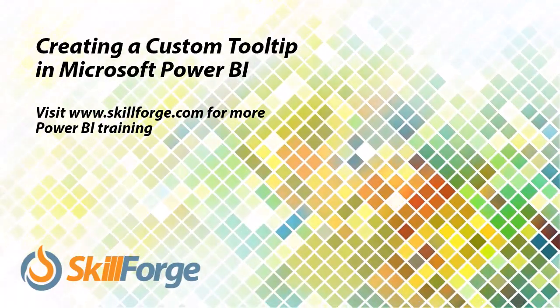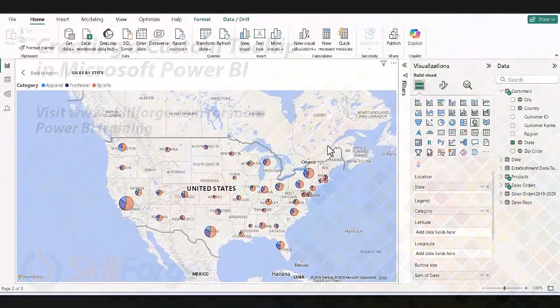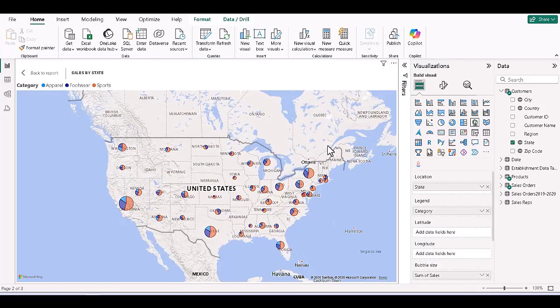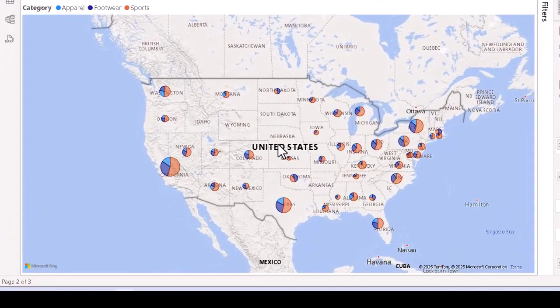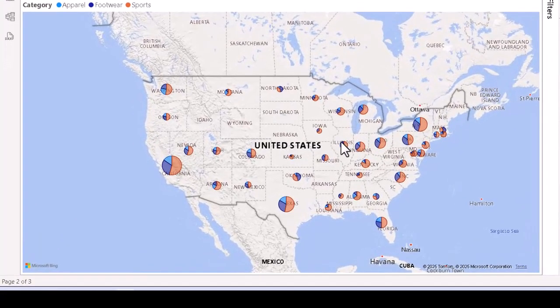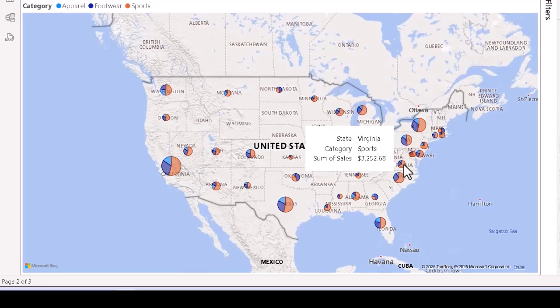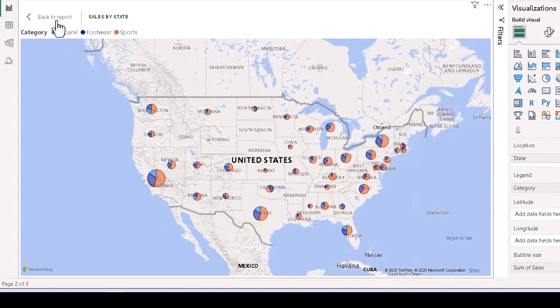Among the many capabilities in Microsoft Power BI, creating a custom tooltip can be very helpful. Here we have a map visual showing 3 different categories for each state, but aiming the mouse at the pie wedges is touchy. You can see especially with some of the smaller ones here. Getting the point exactly on the wedge we want is a little bit of a thing. So we'll use a custom tooltip to make the info easier to see, and I'll get out of focus mode